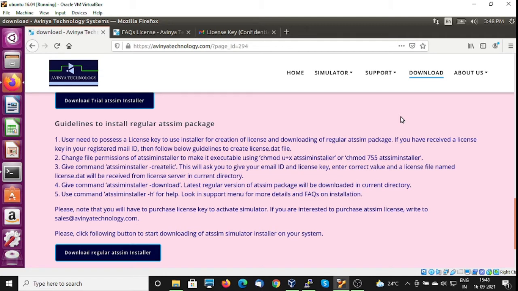So the step-by-step procedure to start the installation of ATSM is, first of all, we shall download the ATSM installer.